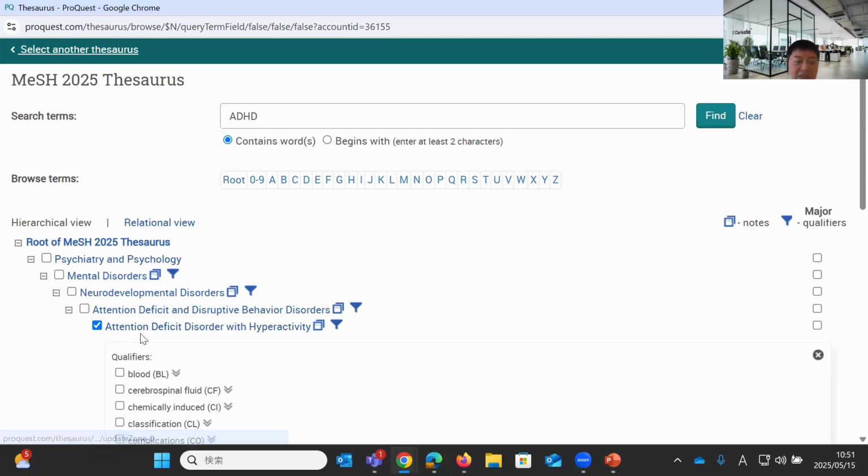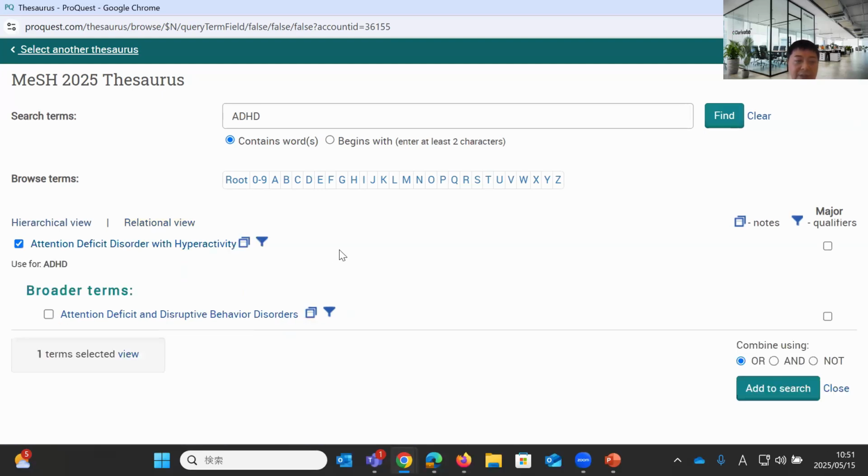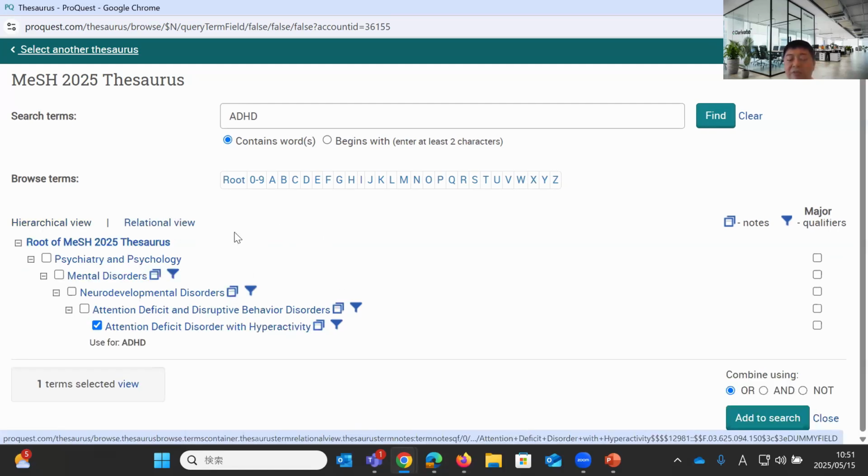So ADHD is under neurodevelopmental disorders, which is under mental disorders, and psychiatry, psychology, and MeSH. So you can see the hierarchy there. But you can change it to relational view, then it gives you relational terms for this. So both ways are useful.